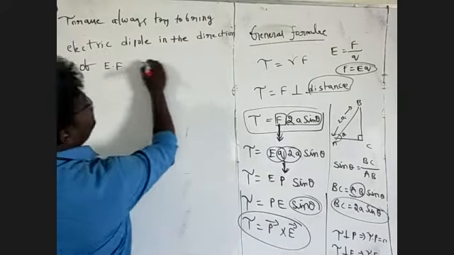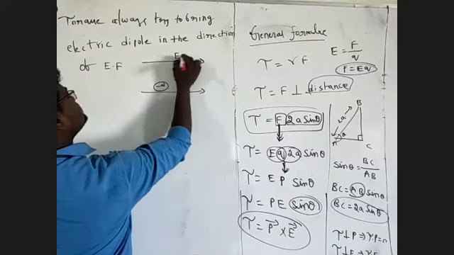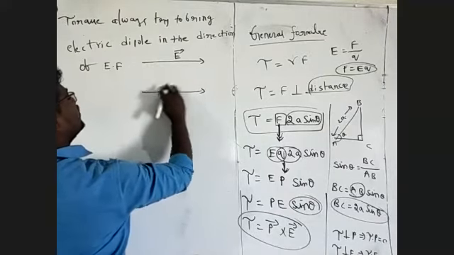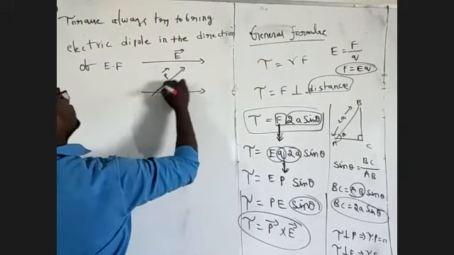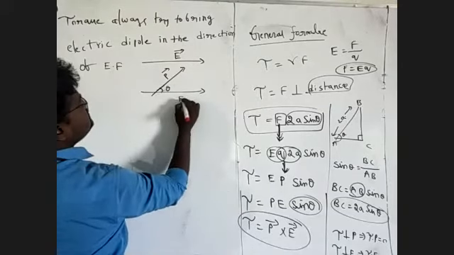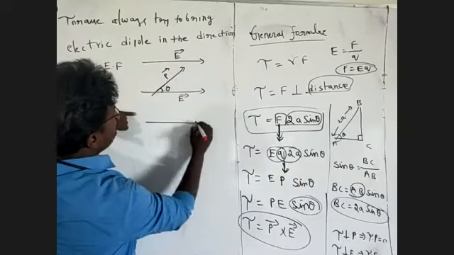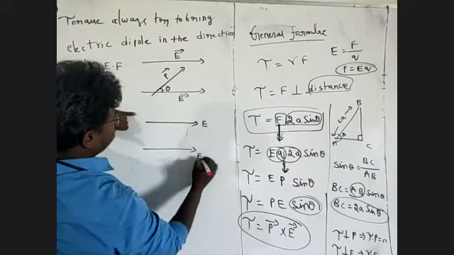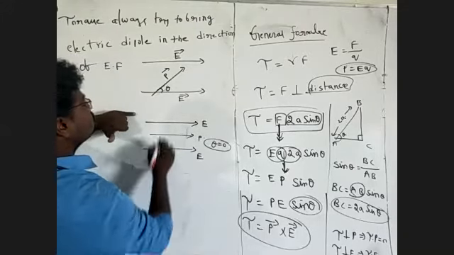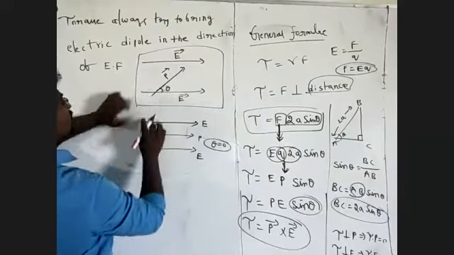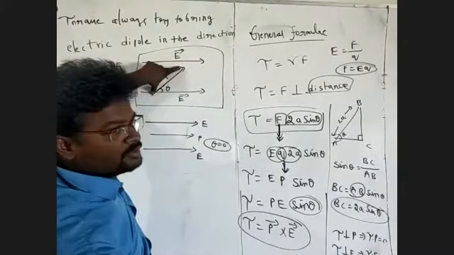Now, as you are seeing, this is a negative charge, and this is the direction of electric field. Actually, this is negative. This is a dipole, this is P bar, this is the angle, and this is E bar. The dipole tries to turn in this direction, until theta is equal to 0 degrees. Initially, this is the position of the dipole.